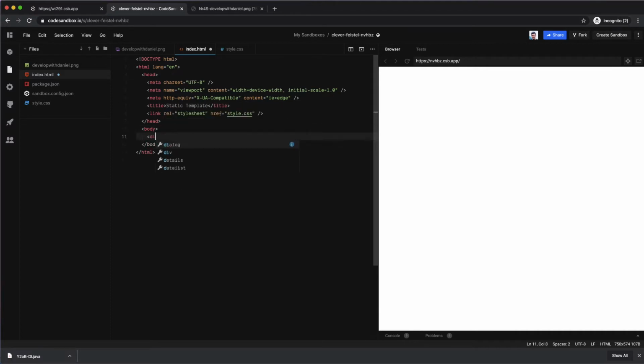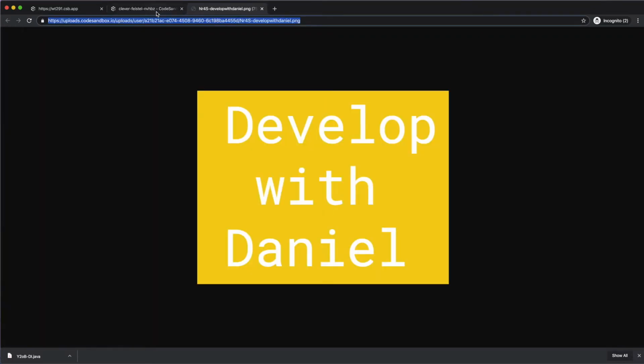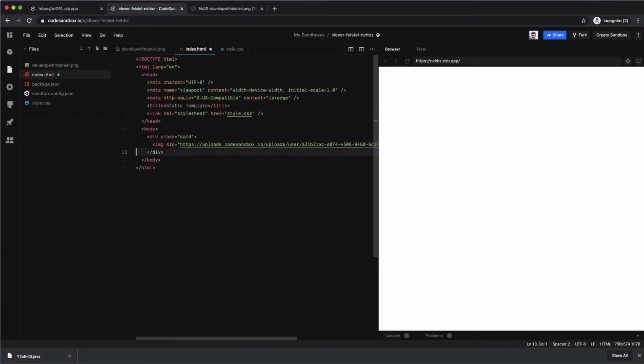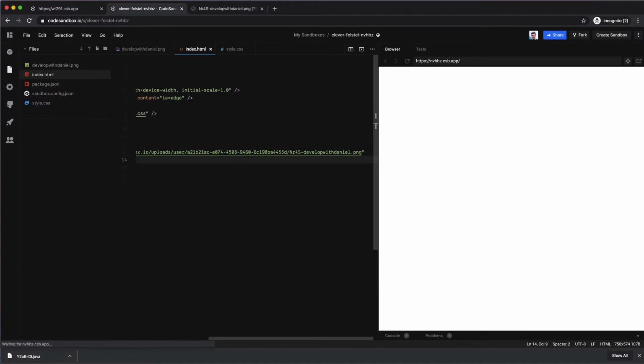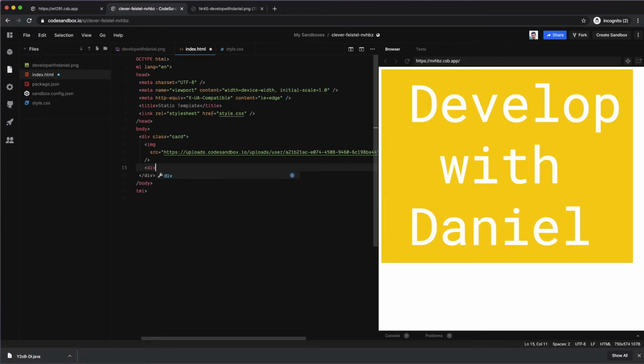First, I'm going to create a container for our card. So we are going to create a div with the class of card. Then we need to create our image. For this image, I already have this link that I've added, so just like that, add an src for your image. Then we need to build the actual details. We are going to create a div with the class of mask,